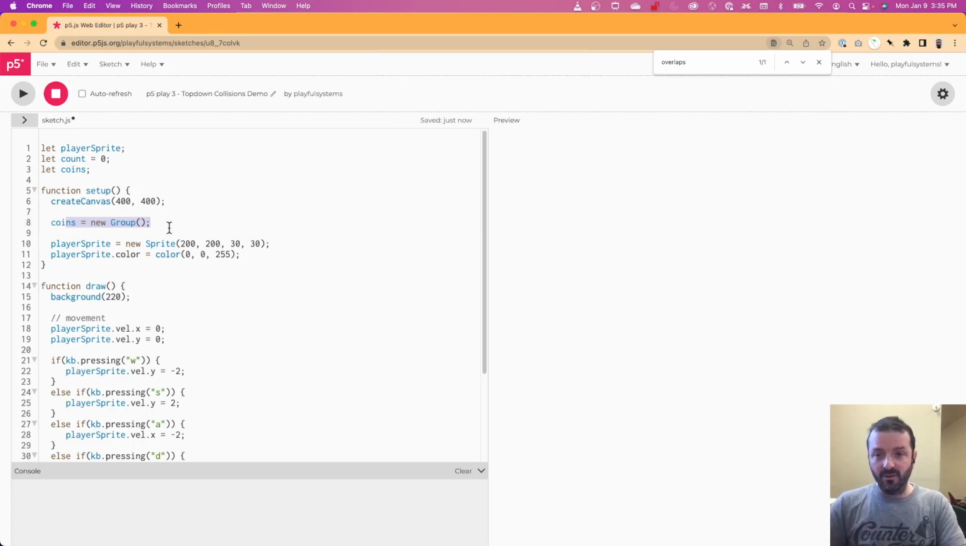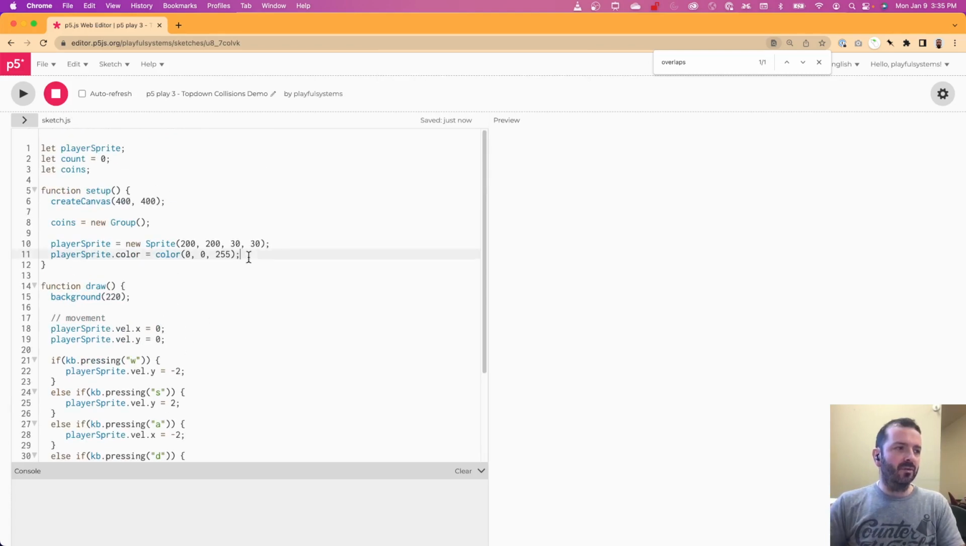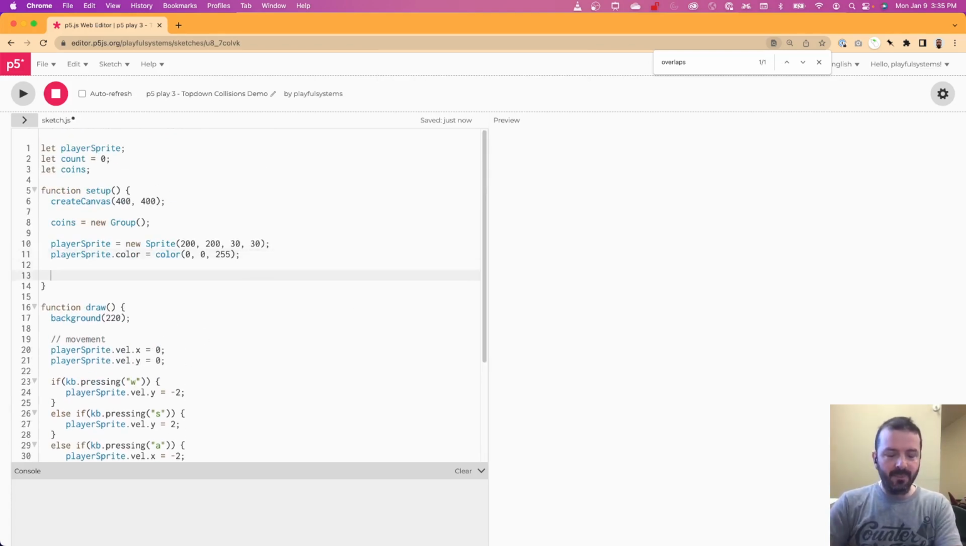That just says to p5.play that coins is now a group that you can then add sprites to. And then whenever we create our coin, instead of using new Sprite, if we say new coins.Sprite, it will add that sprite to the coins group whenever you create it. What this allows us to do is, in setup, we don't actually need to do this in draw,